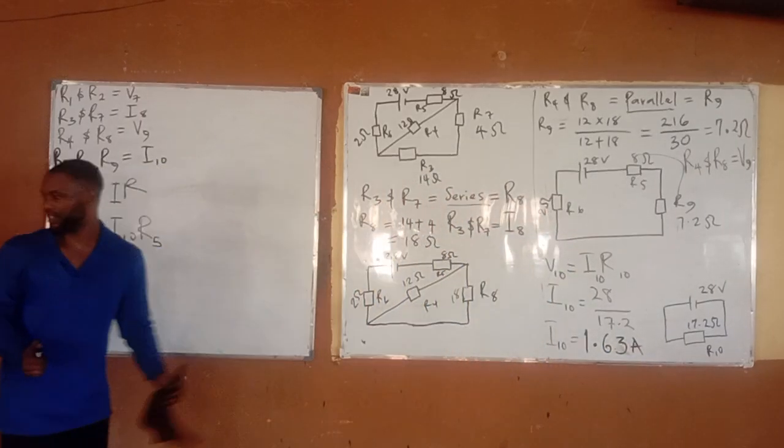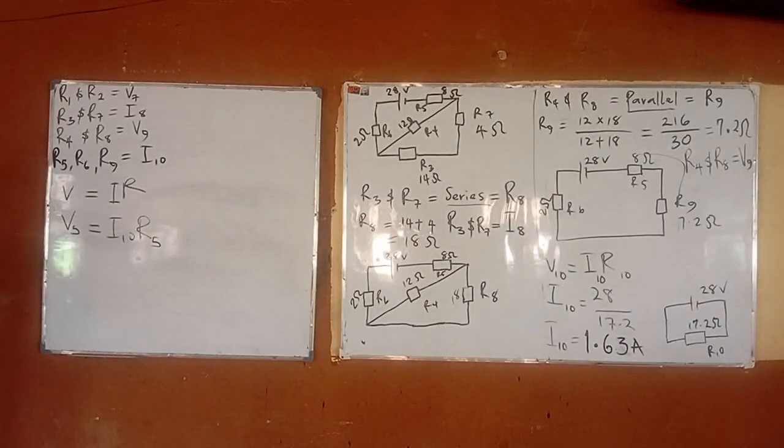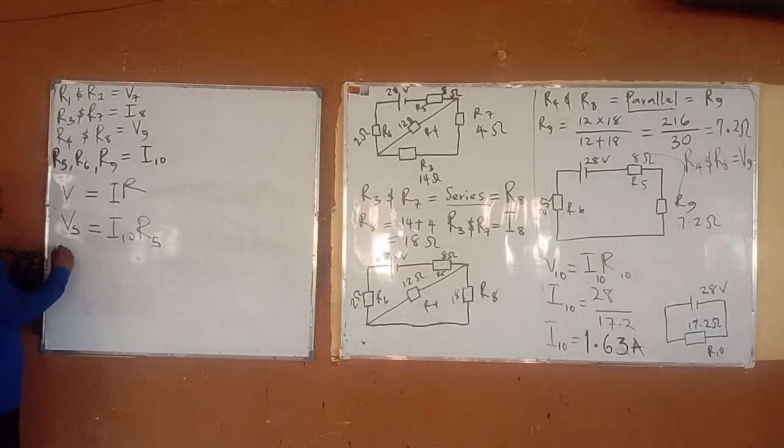If you can learn this thing, that is, if you have one voltage, no matter how big the circuit is, you use all these principles, you will always be correct. Now, if I've noted that, I'll simply say that means V5 will simply be equal to,